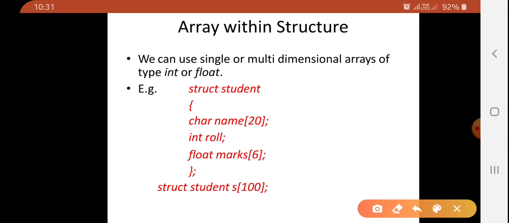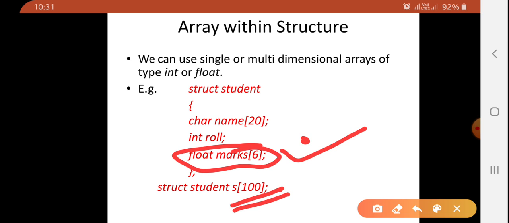So here we have created an array, float marks of 6. Now in our structure student we have a name, roll number and 6 subject marks, that is marks 0, marks 1, marks 2 up to marks 5. This is an array of structure, and this is an array within a structure.